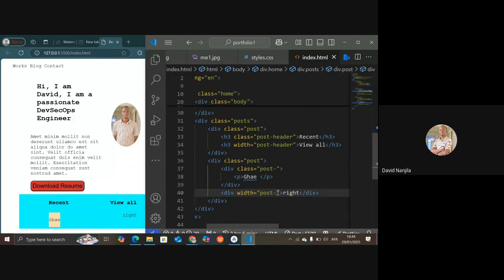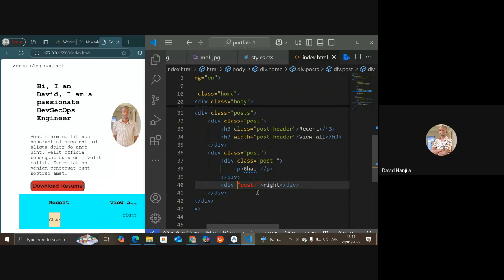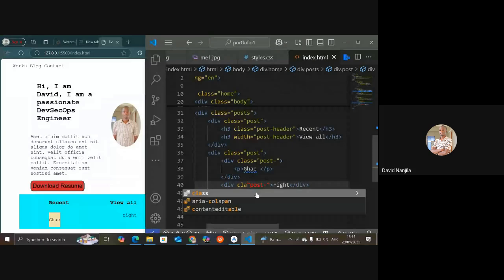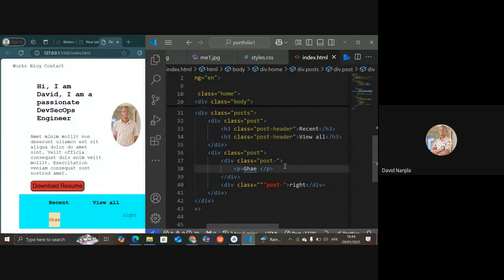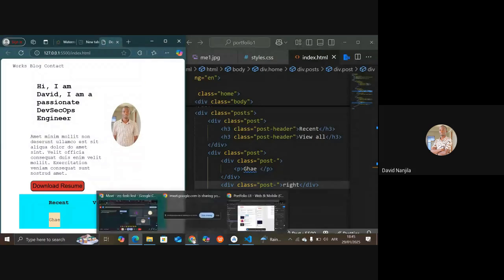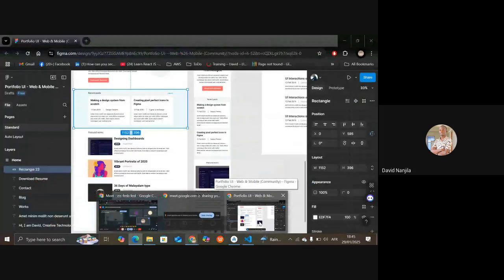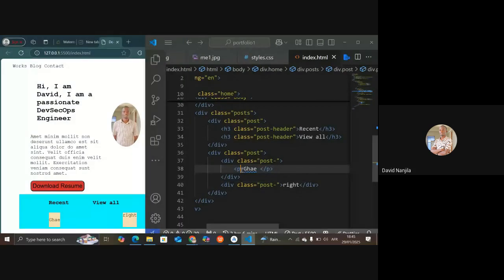Okay, for the right. So we want this to have a class of post, and this one should be class post header. So let's come here and do that. And you can see we are almost getting there. So we have a header saying making design system from scratch. So we'll come here, header h1,